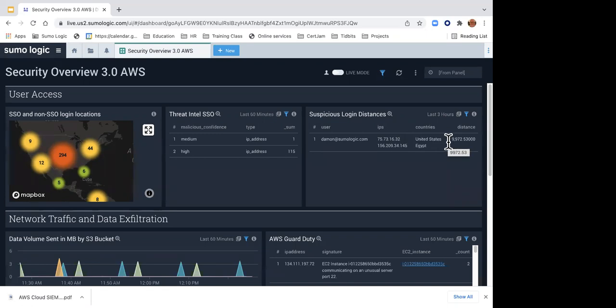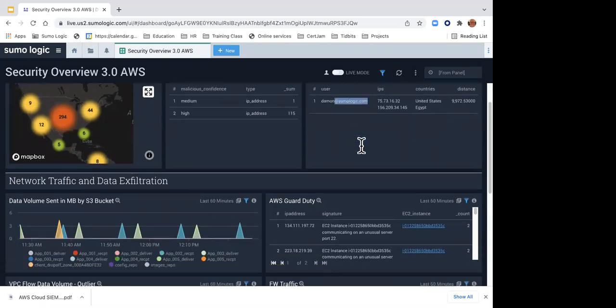Now, is it possible that they're part of my SOC team or part of my pen testing team, and therefore they're simulating all these various locations? Yes, it's possible. But we can visually see what activity is happening here. And then if we have to, we can talk to this user and say, what's going on? Maybe they are logged in from Egypt, but maybe somebody else is trying to log in with them in the United States, or has logged in with them in the United States, or vice versa. So you can see the suspicious login at distance activity.